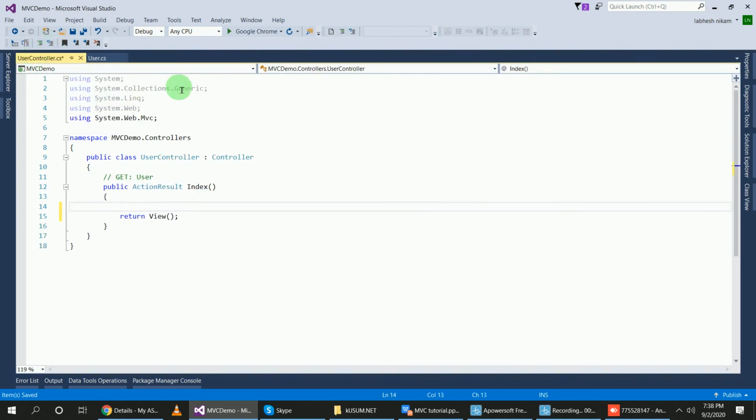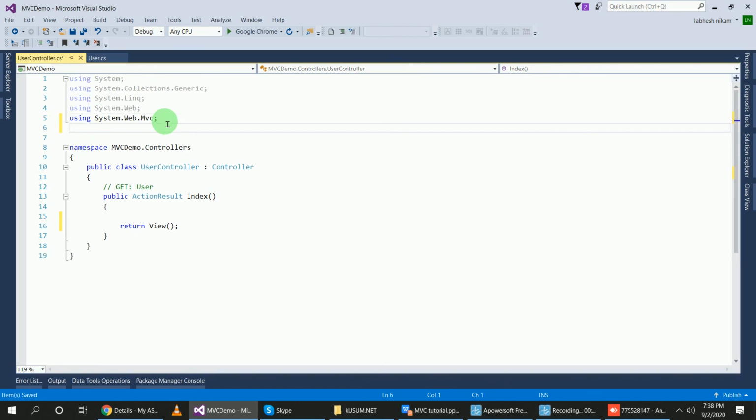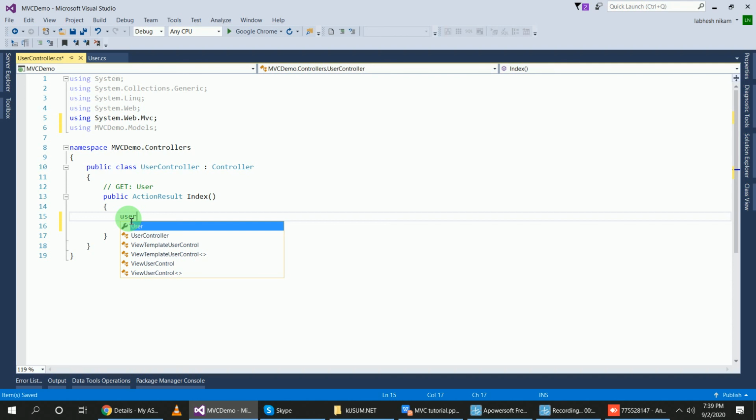But if I write here the namespace using the application name, MVC_demo.models, the folder inside of which that class exists, then it will initialize: user u equal to new user.